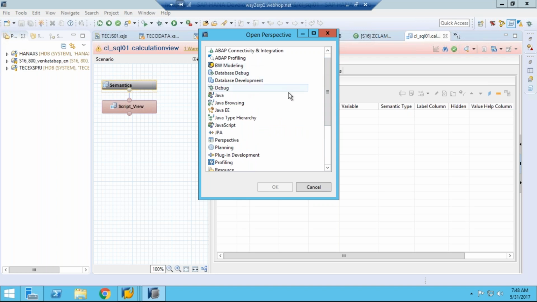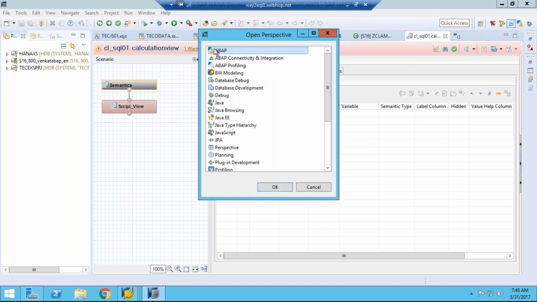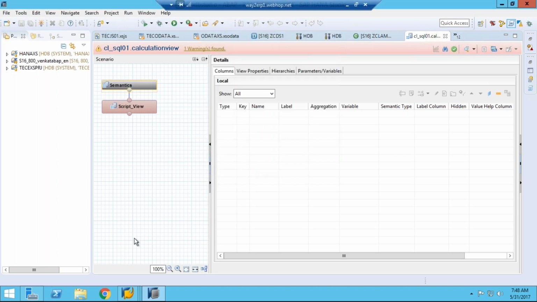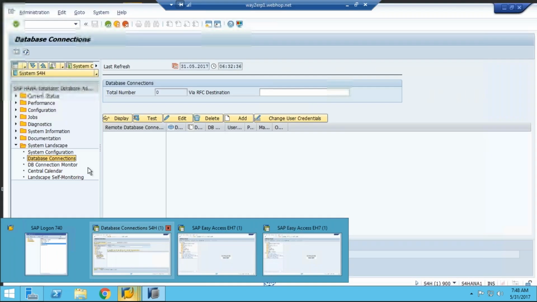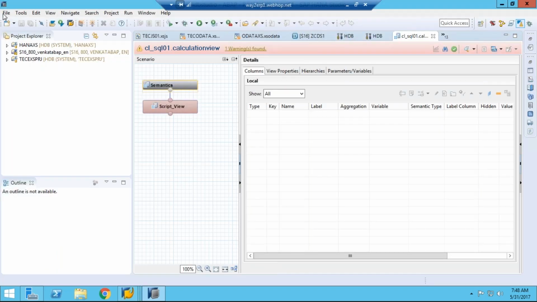Now, if I open the ABAP perspective, a backend SAP logon should be there. Without SAP logon, it won't work. It will convert indirectly to SAP logon.